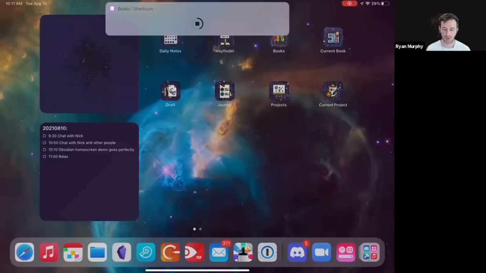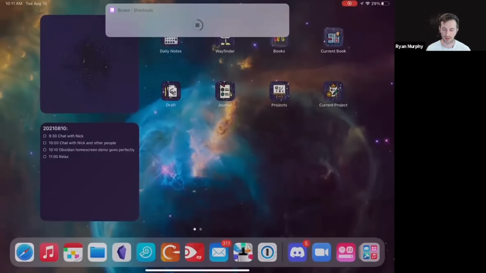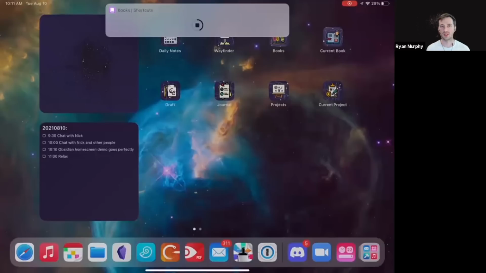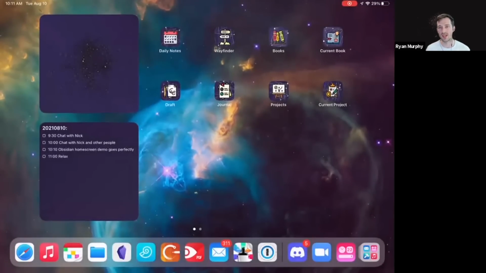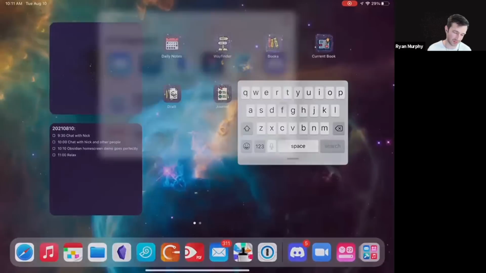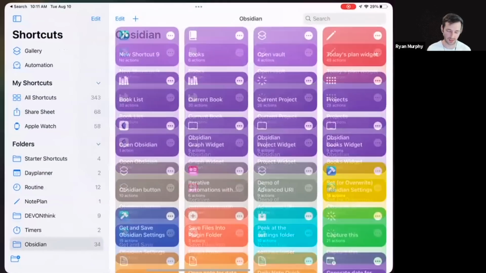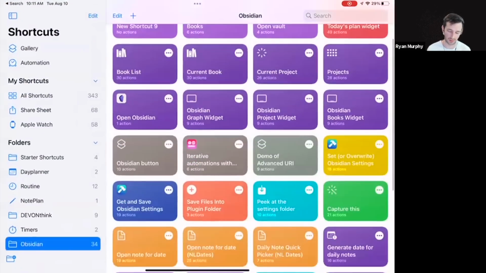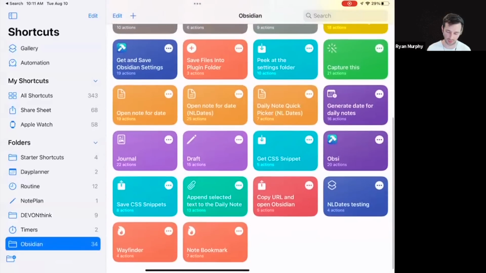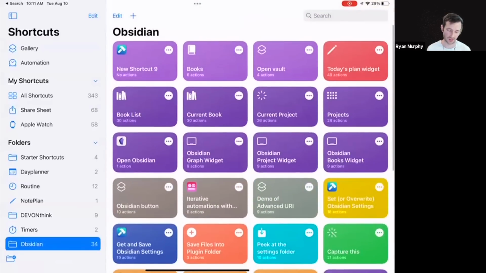So the same thing is true for my projects list. And I didn't do anything, so this is where the demo might not go so perfectly. Go away. Okay. So if I tap the projects list, no, I knew this would happen. Shortcuts has this weird glitch where sometimes if you don't act on an action from the home screen, it sort of gives up and then you need to reboot the device. So I'm not going to do that. I'm just going to go in here and tap the projects list.